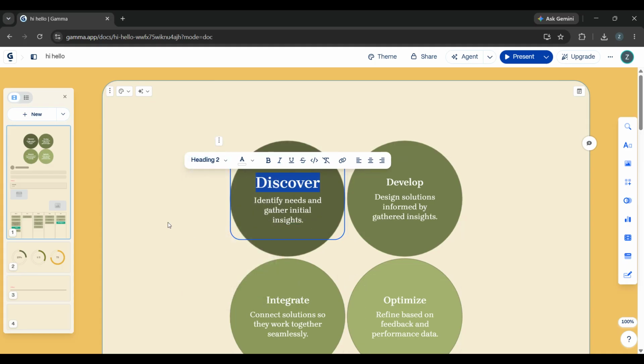If needed, you can repeat the same process for other sections of text in your document. Just highlight the text, open the formatting menu, click the size icon, and select the larger option that works best for your layout. This is a simple but powerful way to make your content more readable and give your presentation